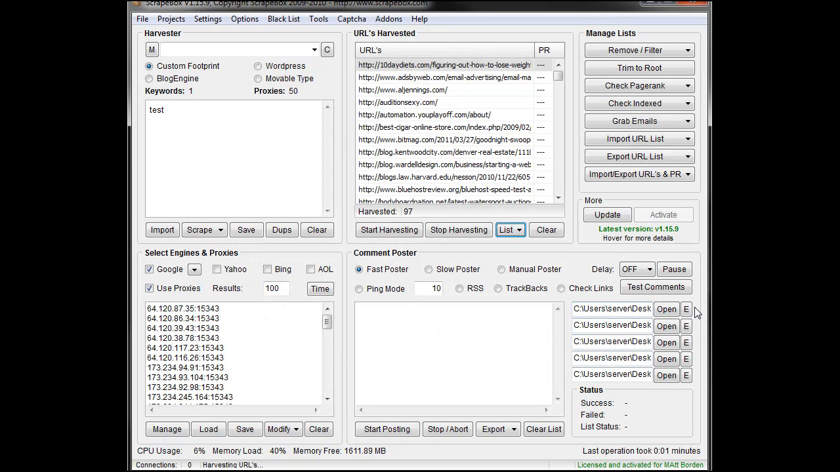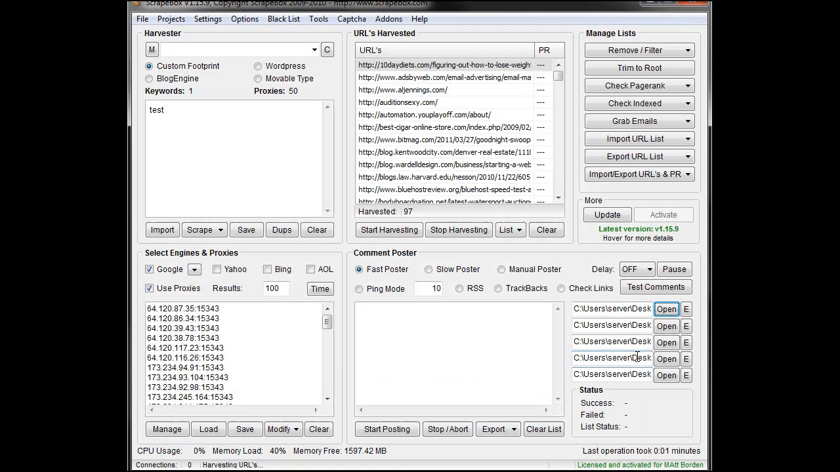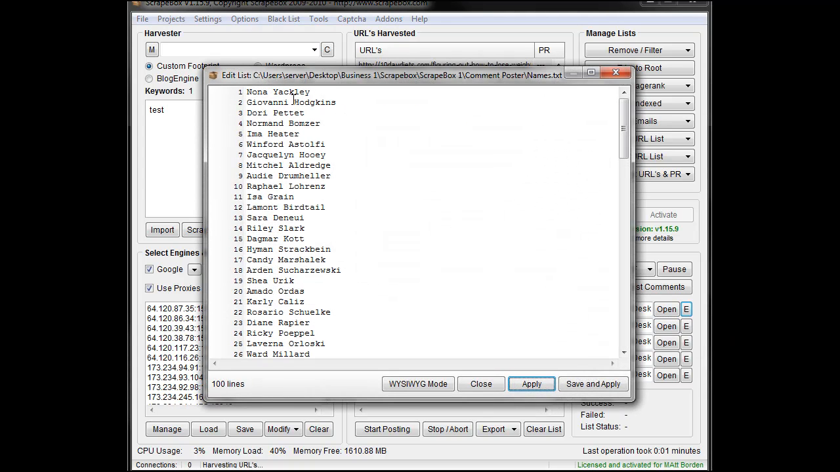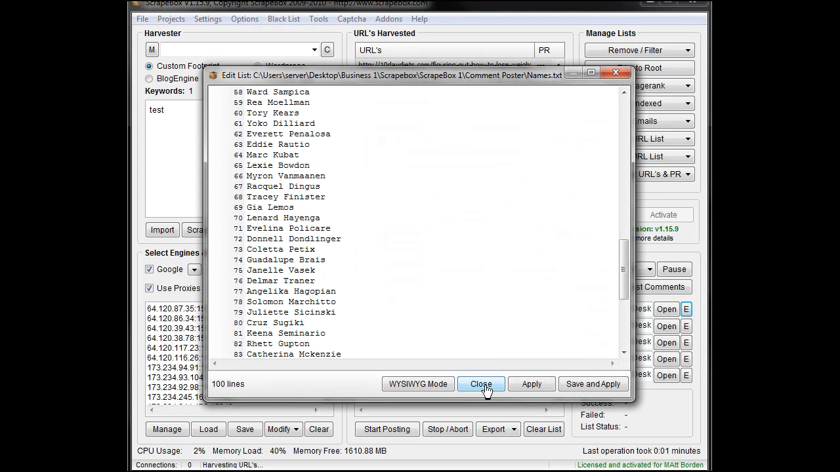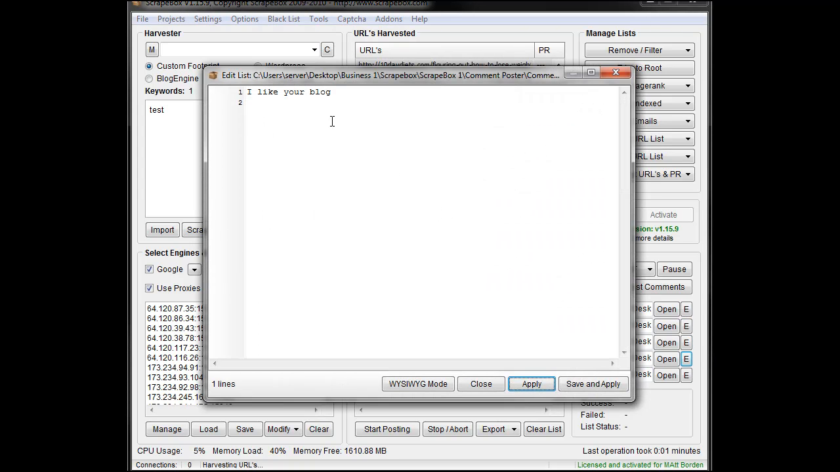So we're going back in here. As you've loaded up all your lists, I already loaded up ahead of time those lists of names and emails that we just saved off. The E next to it lets you edit things. If I hit the E, I can see all the names that I'm working with here. I can also go down to my websites and see those, and my comments, and I can edit them. So if I wanted to put another one in there, like have a great day,